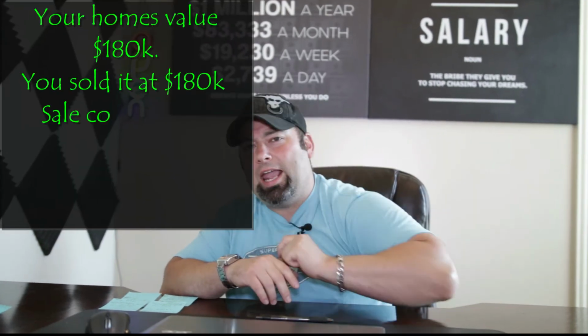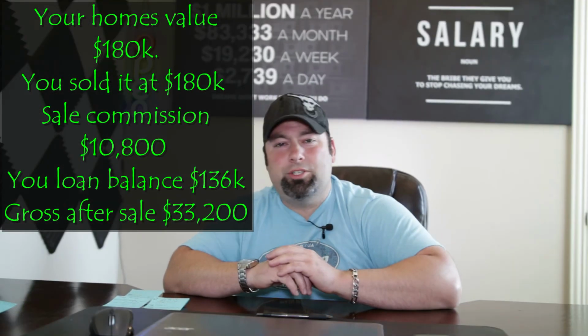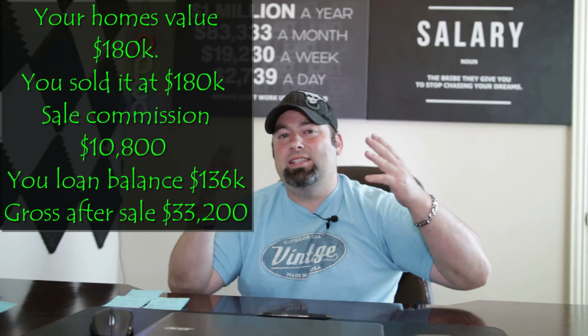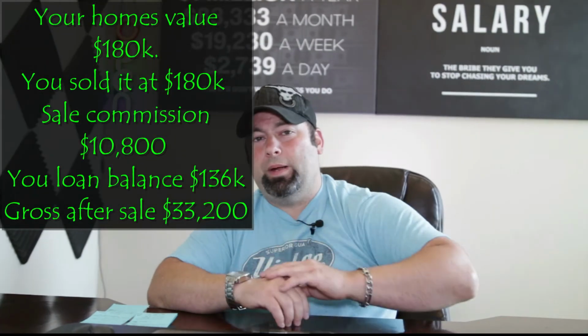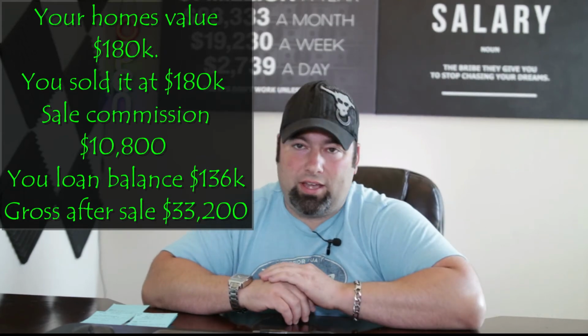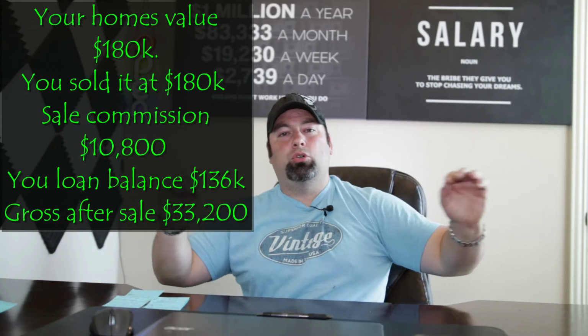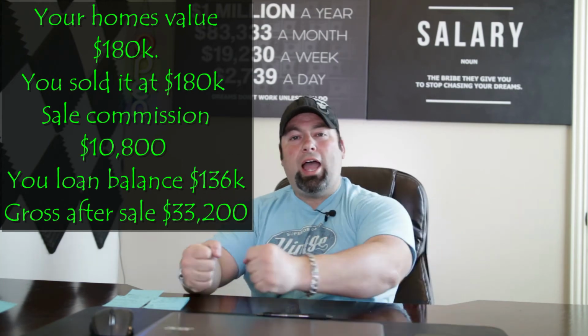So with the appreciation, that $150,000 house is now worth $180,000 and you sold it for $180,000. Now, there's gonna be a sales commission of $10,800. That is a total of 6%, pretty typical for the market. Your mortgage balance, because you've been paying it down, is now $136,000, which brings us to a gross amount. That means you sold the house. You now have